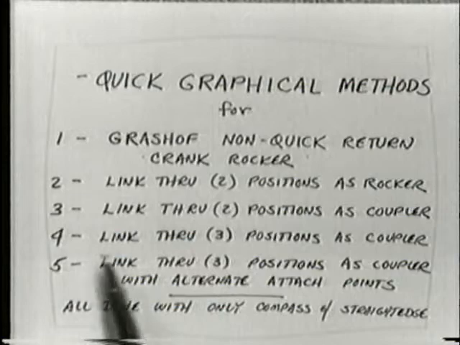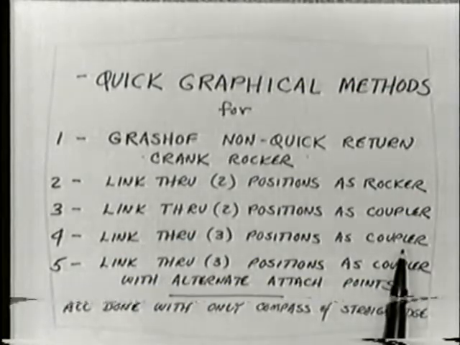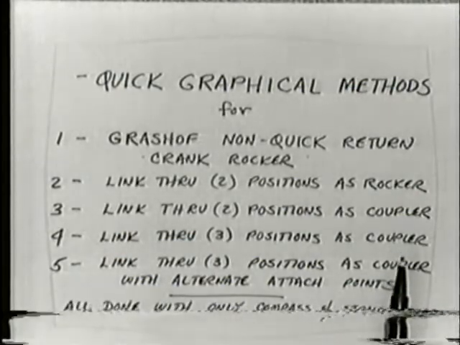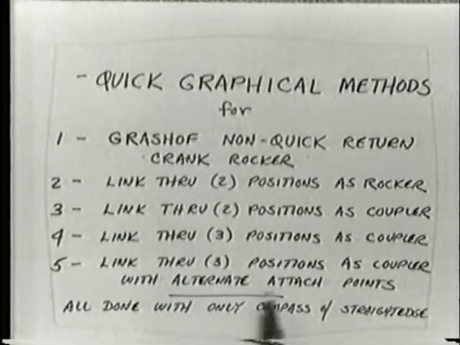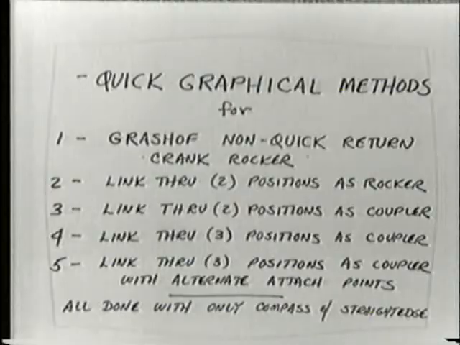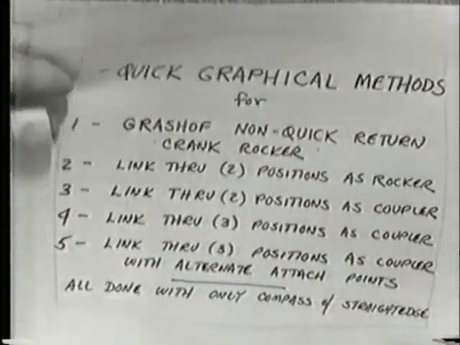And moving a link through three positions, with that link being the coupler of a 4-bar linkage, which may or may not be Grashof. And finally, an alternate solution to the link through three positions. And all of these will be done using only a compass and a straight edge. Okay? Let's look first at the Grashof non-quick return